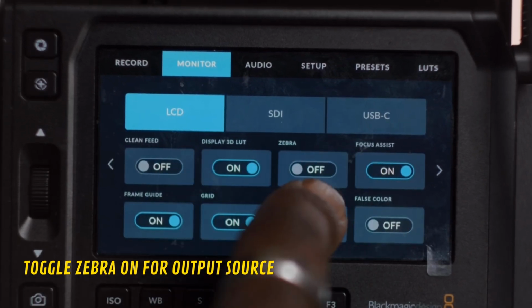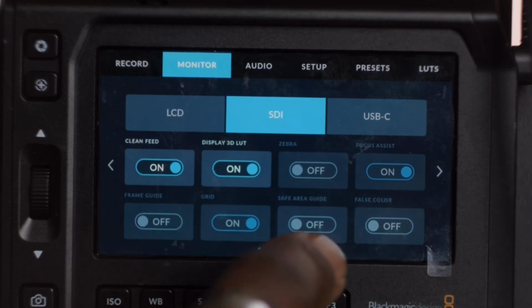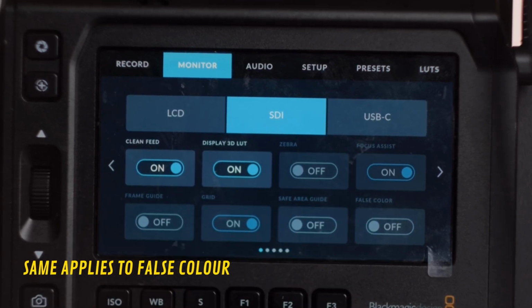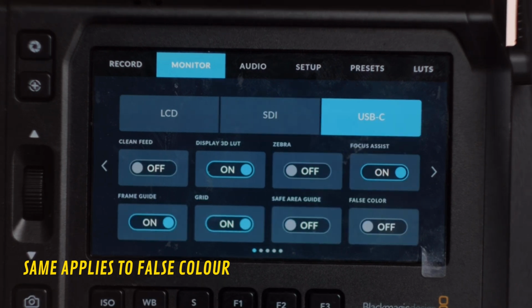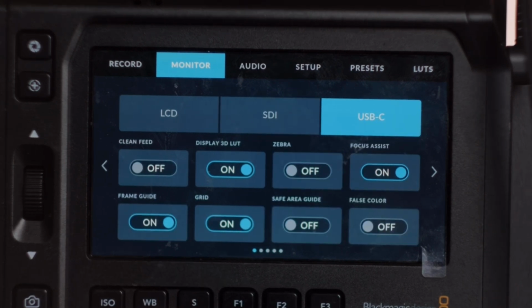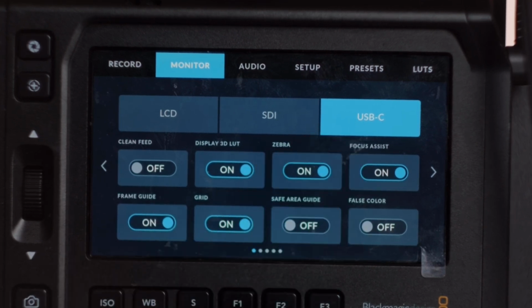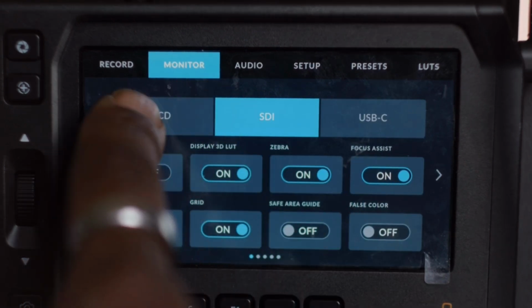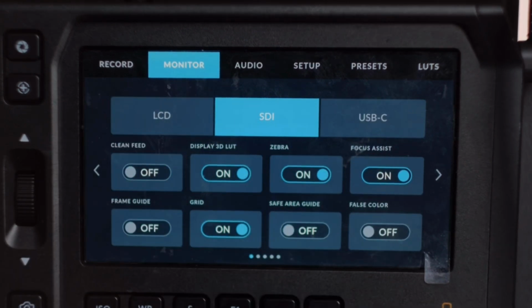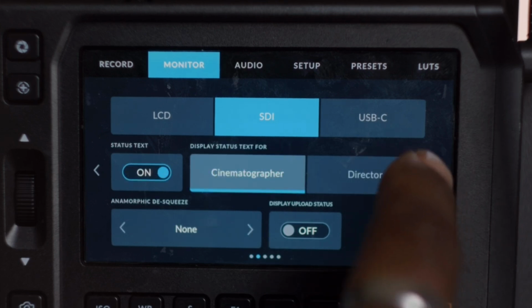So for the LCD, you turn it on there. Again, you can go to the SDI and you can also turn that on. But because it's set to clean feed, it wasn't giving you that option. But if you take clean feed off, now you can set it, so you can do that and you can turn it on for the USB-C. You are assigning whether or not you have it active in those different monitoring outputs, but then you've also got to go here to